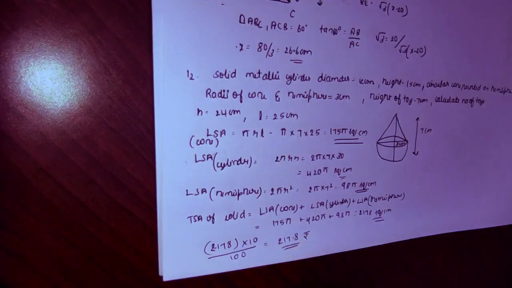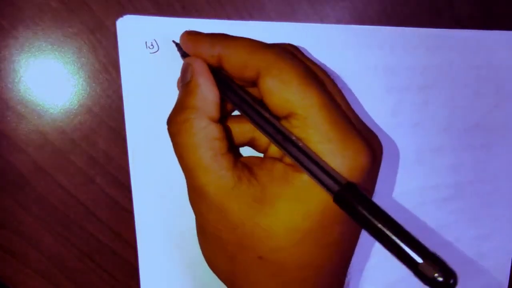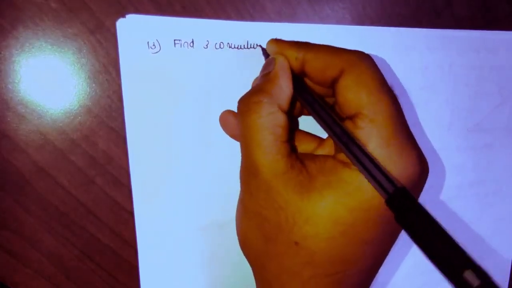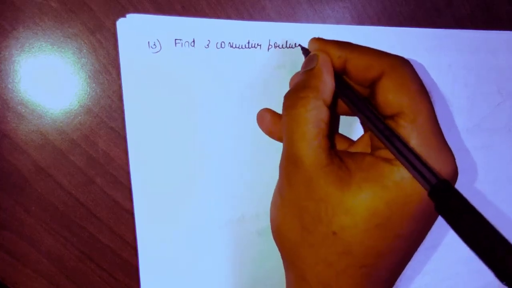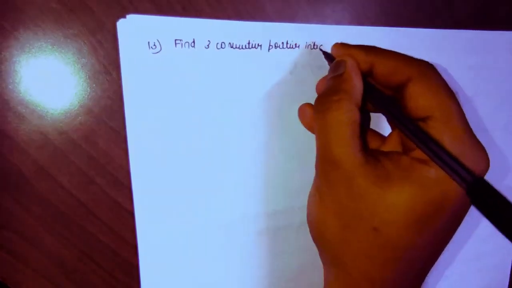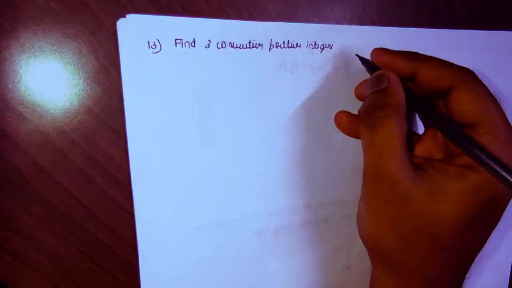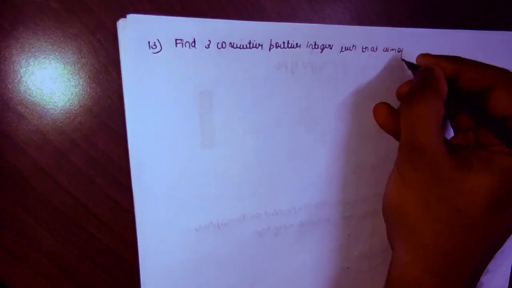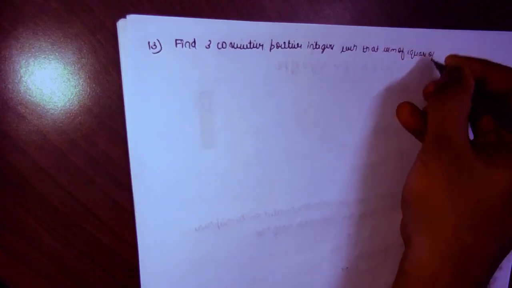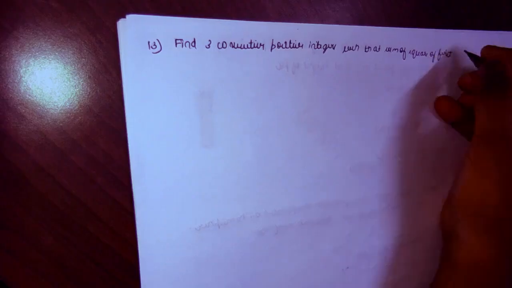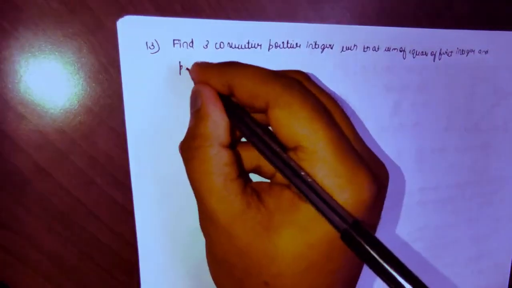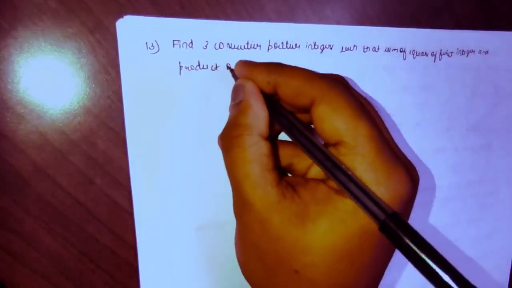Now let us move into the 13th question. Find the 3 consecutive positive integers such that the sum of the square of the first integer and the product of the other two